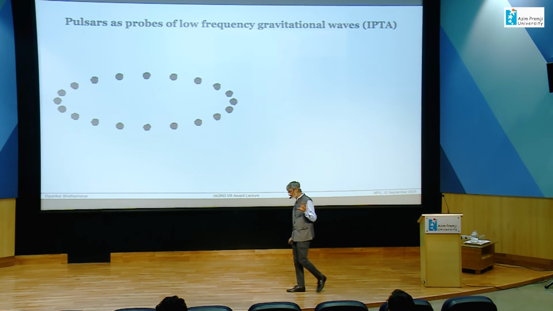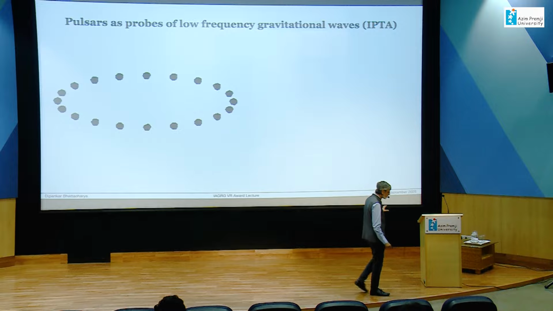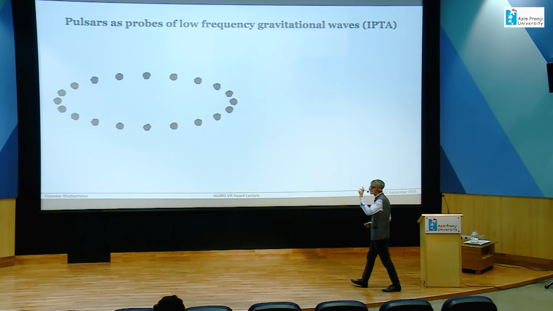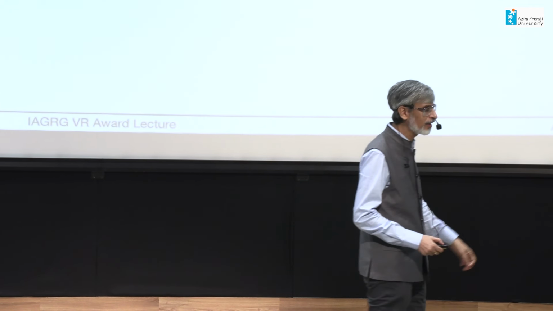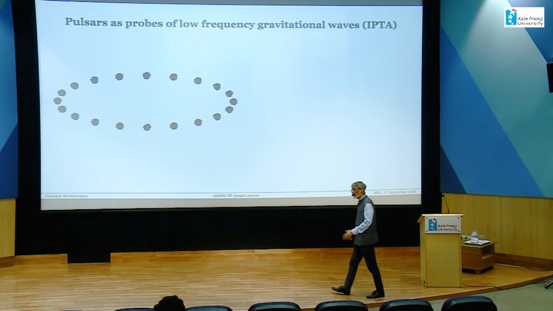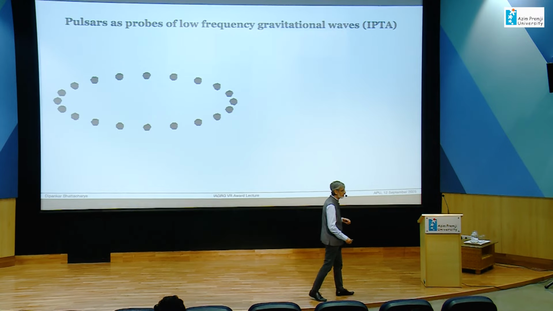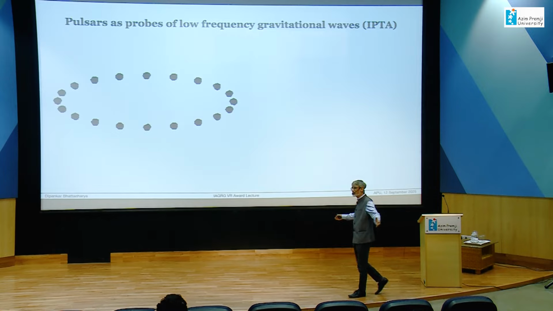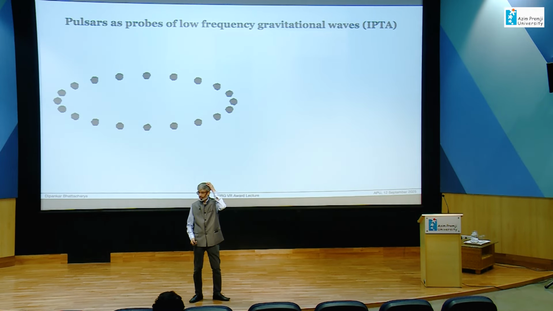Now finally, pulsars that we talked about can be used not just to probe strong relativistic phenomena near the surface, but because they are accurate clocks, they can be put to other uses as well. For example, if you have a gravitational wave of very low frequency, nanohertz, with wavelength of many light years coming to us, how are you ever going to measure it?